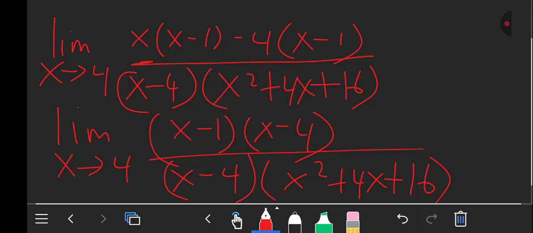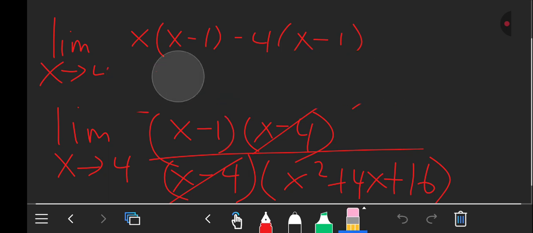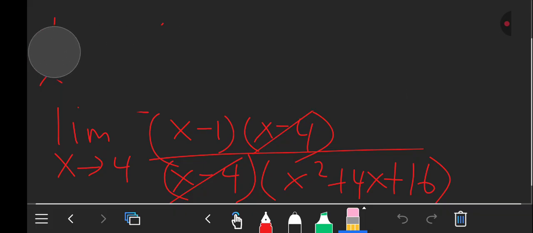At this point, you can see that x minus 4 on the denominator can cancel out with x minus 4 on the numerator. So what we have now at this point